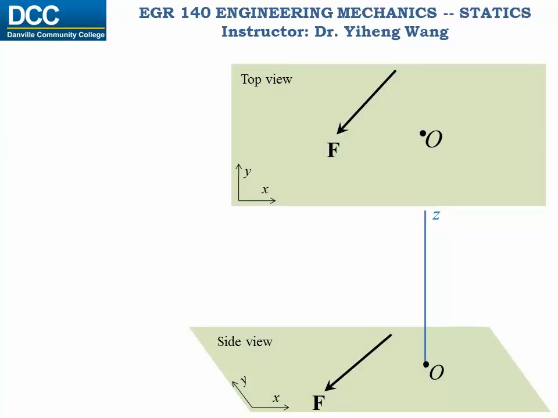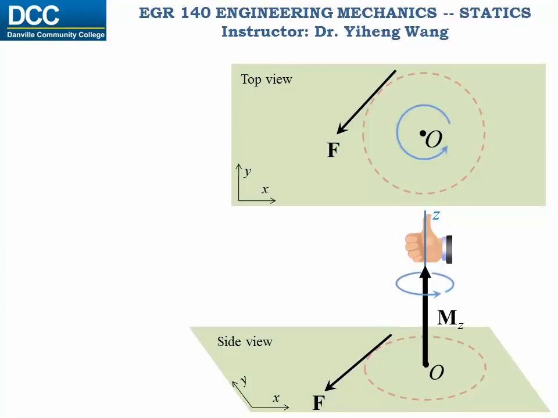The rotational effect caused by the force can be determined by the right-hand rule, which means that if you extend the 4 right-hand fingers from the axis towards the force, and then roll the fingers to the direction of the force, your thumb will point towards the direction of the moment vector, noted by Mz, indicating it is a moment about the z-axis. And the rotational effect is always counterclockwise about the moment vector, which also agrees with the rolling of